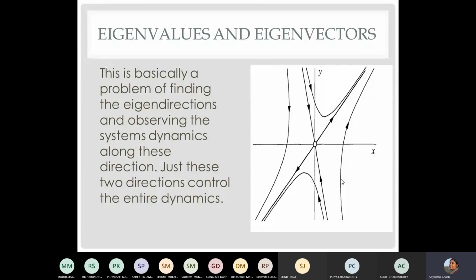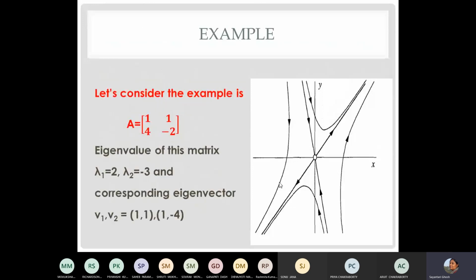Now, what is the meaning of these eigenvectors and eigenvalues I found? So let us take an example. Say this one. Here I have all these off-diagonal terms and everything. You can write down the equations from here, right? You can also figure out the eigenvalues and eigenvectors of this matrix. Let us draw these eigenvectors like this. Okay, and let us now see what is the value of these eigenvalues corresponding to the eigenvectors.